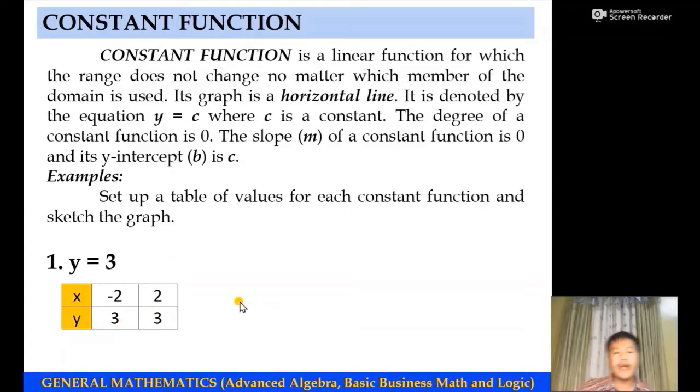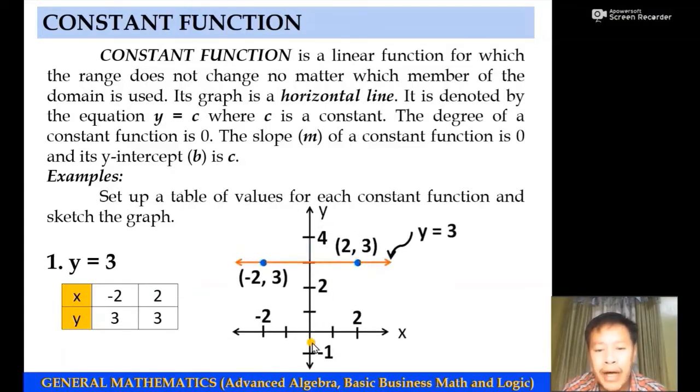Now, how are we going to sketch the graph of this function? The first thing that we're going to do is to draw the Cartesian plane. We are going to draw first the vertical axis. Vertical axis is this one, and the horizontal axis is this one. And we are going to intersect these two axes